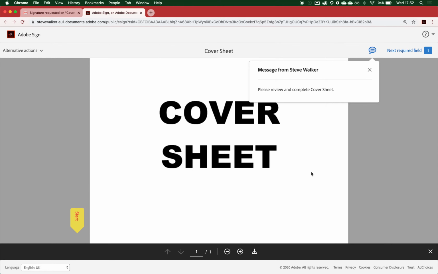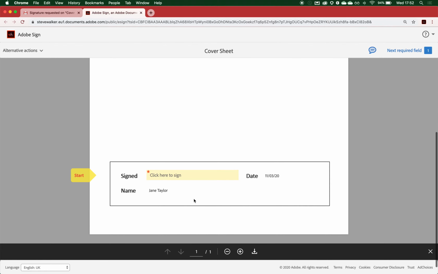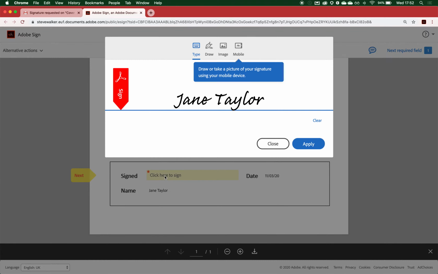This is the Adobe Sign signing screen here. And you see on the left-hand side, we've got that nice yellow tag here that's going to guide you through the document as you scroll down, telling you where you need to enter in and indeed interact with the document in any way. Let's click to sign, and you can see our signer Jane Taylor here is presented with 4 options to sign